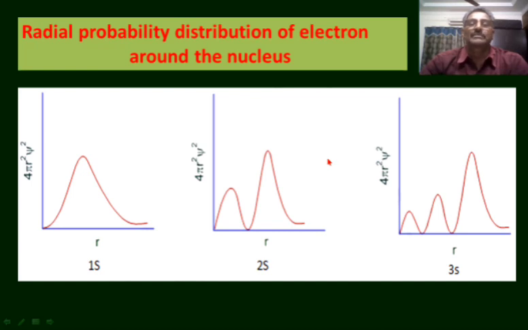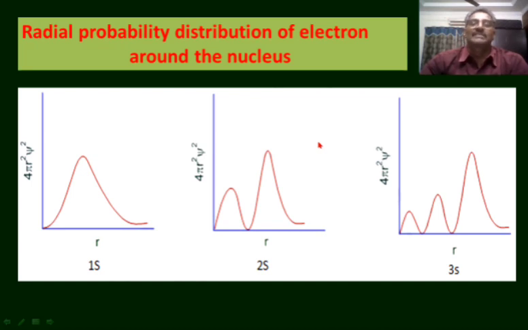According to the quantum mechanical model, the electron exhibits both wave character as well as particle nature. The electron spreads around the nucleus in the form of a stationary wave. Because of that, the position of the electron cannot be determined exactly at a particular instant. So, we suitably adopt this situation to find the probability of finding the electron at a certain position.